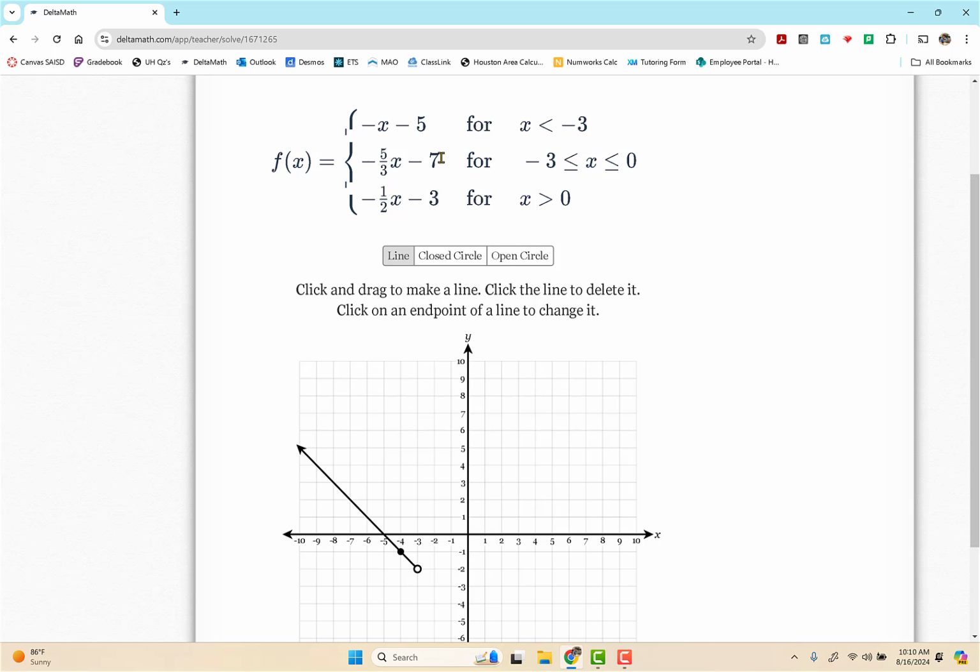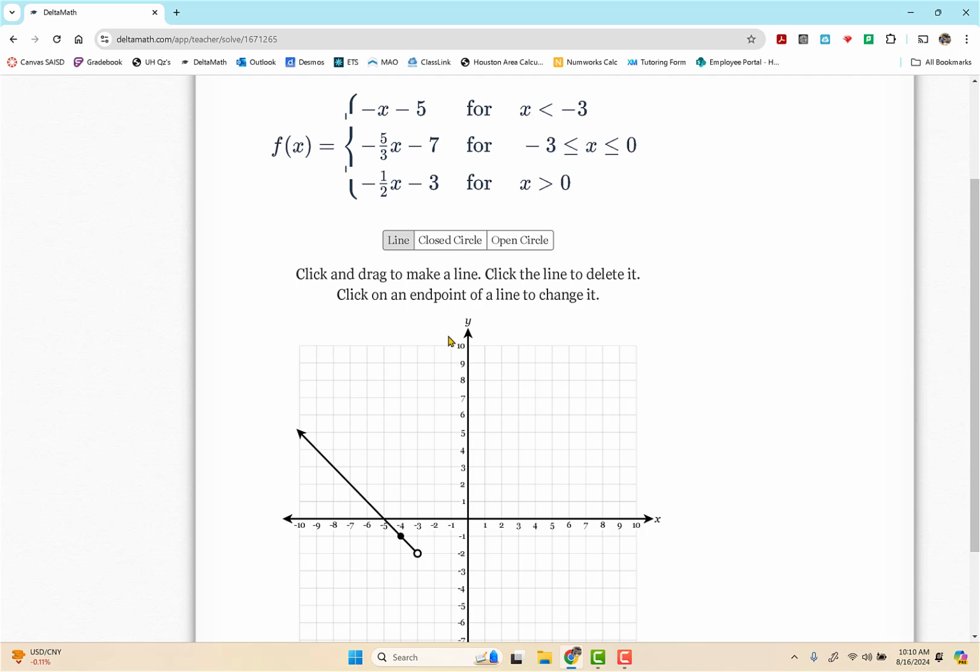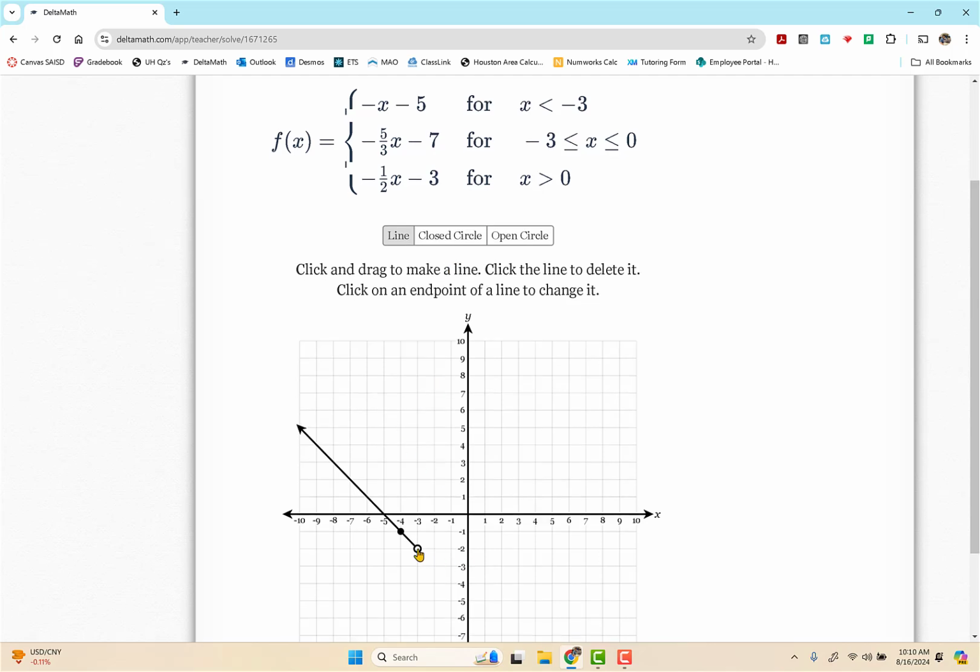-3. -5 thirds, not third. -5 thirds times -3. Negative times the negative is a positive. The 3's cancel out because I have a 3 on the bottom and a 3 on the top. And I get 5 minus 7. What's 5 minus 7? -2, so I'm back at that same location, but with a closed circle, and my slope is -5 thirds, so